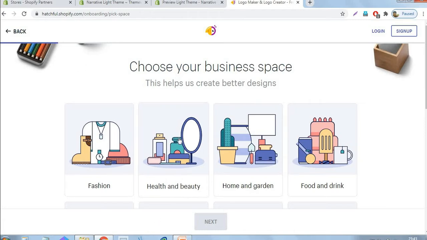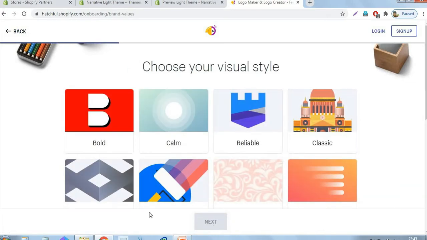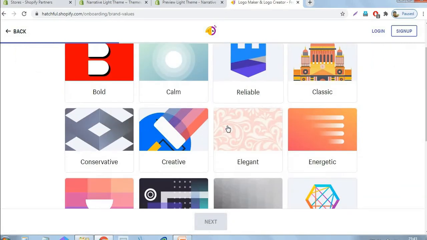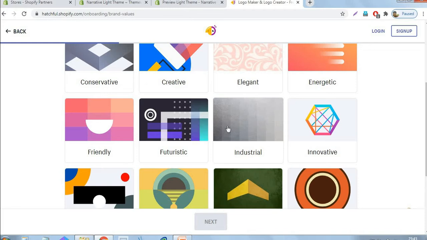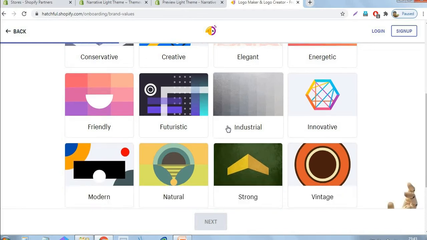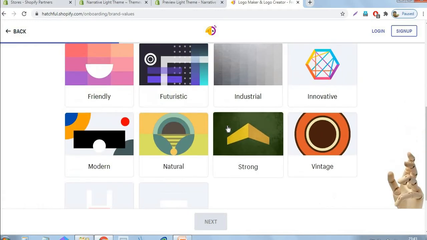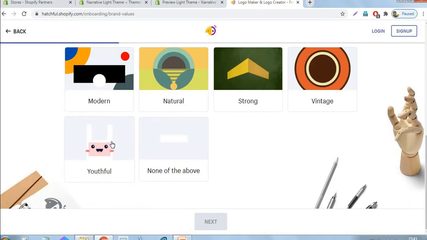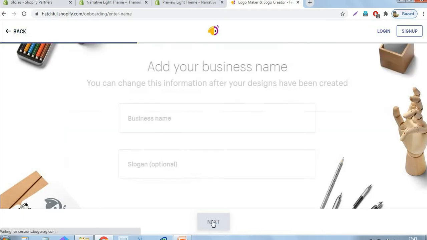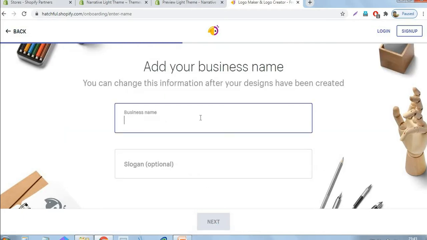Our store is related to health and beauty, so I select this niche and click the next button. Then you choose any of your preferred icons. I just select one, then click the next button. Just give the business name.